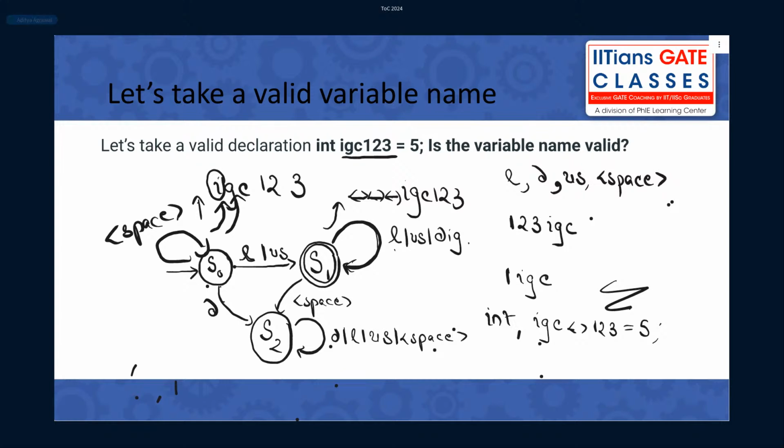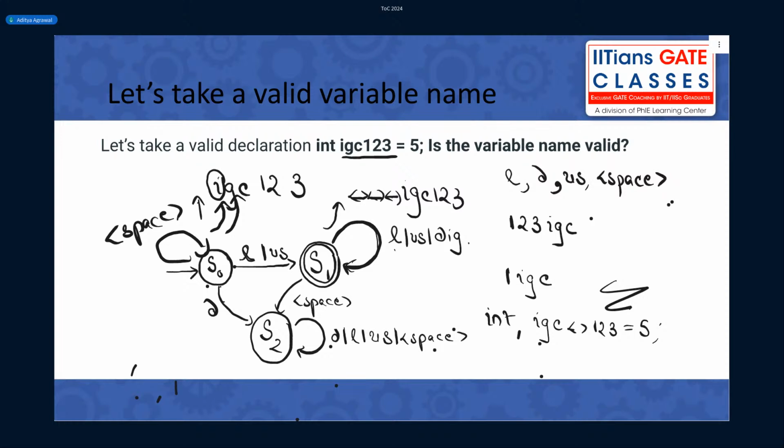Now, if you look clearly at this machine, from any state, given any symbol, could be letter or digit or underscore or space, you are having one transition, meaning from one state you are going to some other state.